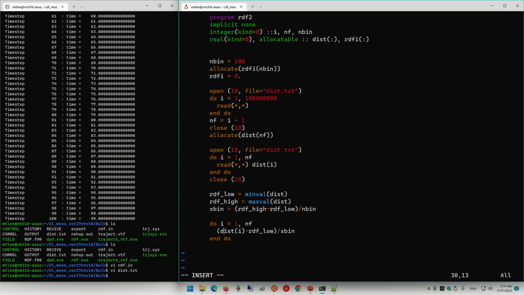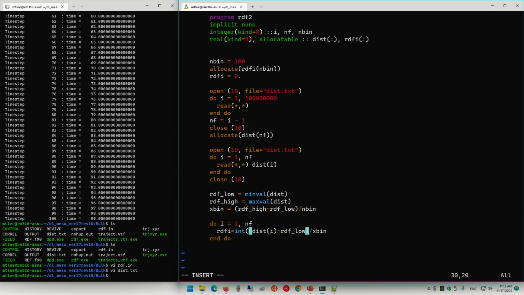So this is the position of RDF. That's called the RDFI. All right. And we also need to take the, do I need to take the integer? Yeah, I need to take the integer of this.